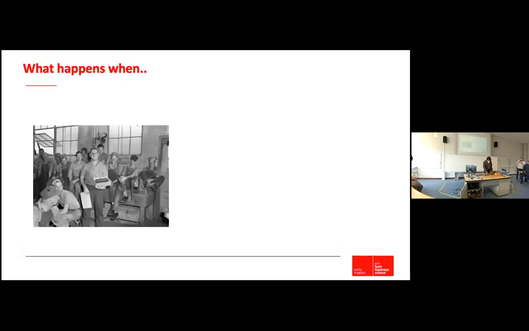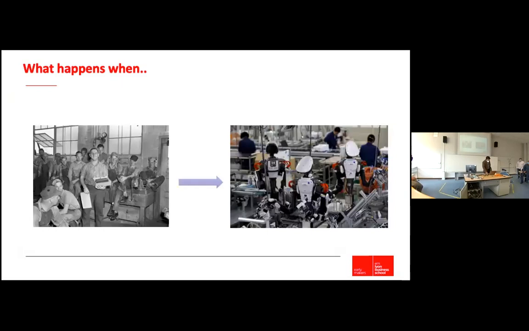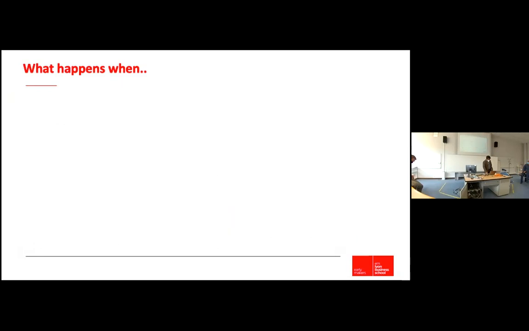So we have this traditional idea of work, like factory work, office settings, things like that. But what happens when, instead of your coworker that you're used to, you have a robot or a collaborative robot, a cobot, that works with you? How does that change social interactions? How does that change management? How does that change organizations? That's one side of things.